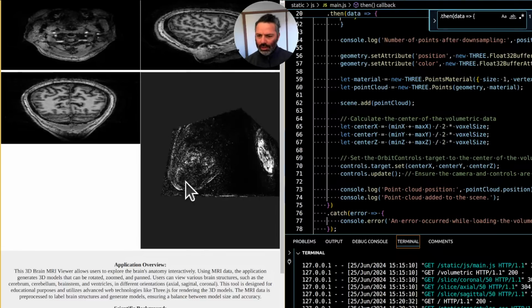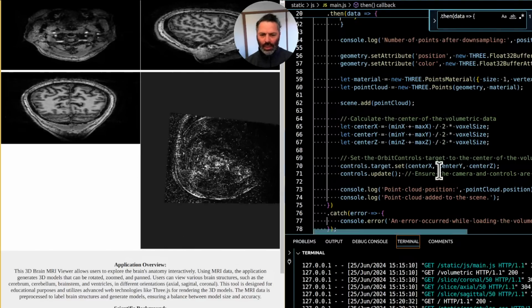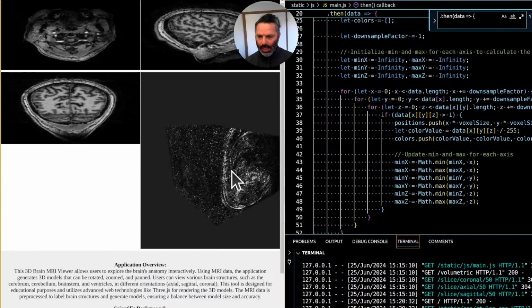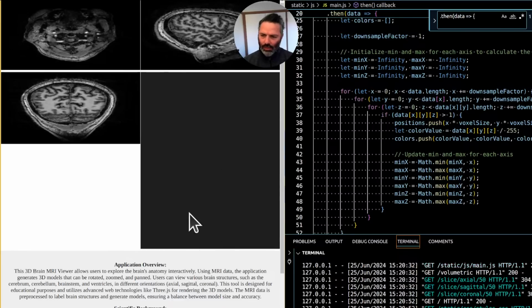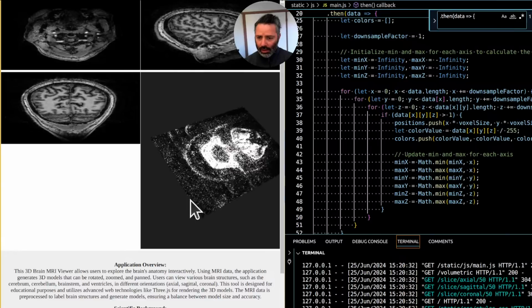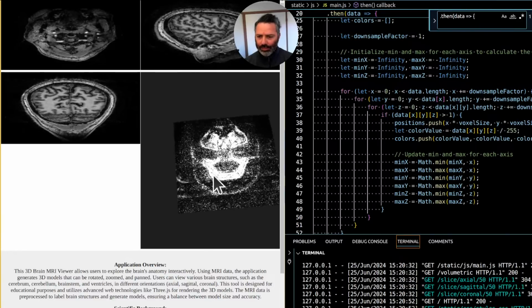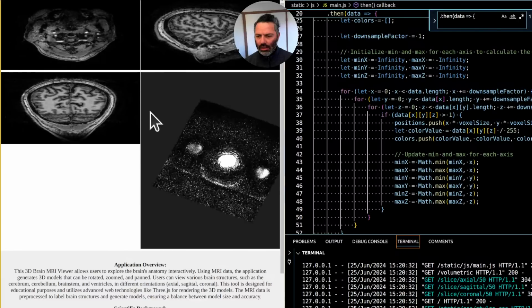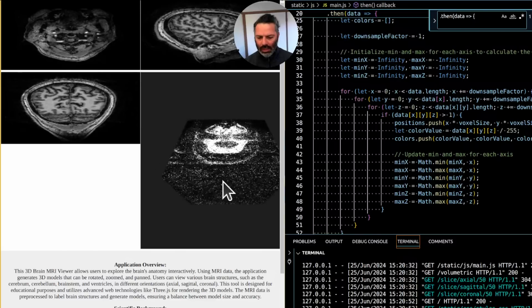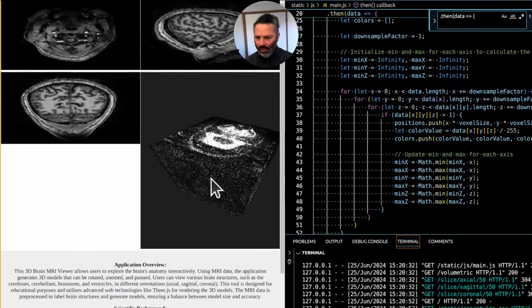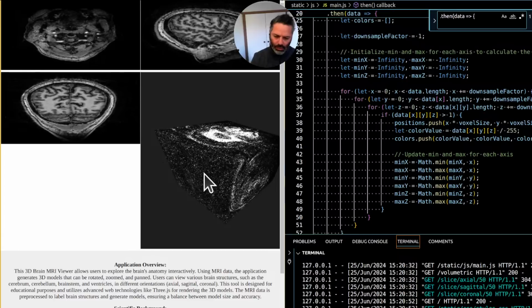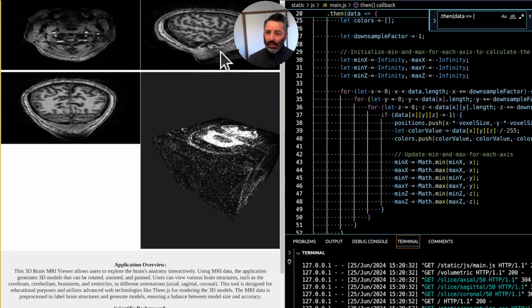Well, what do you know? It actually works. So we're calculating the center of the volumetric data, and now when loading the page, it's actually in the center. That's nice. But it still doesn't look like a 3D model. I suspect that's because normally you would just display